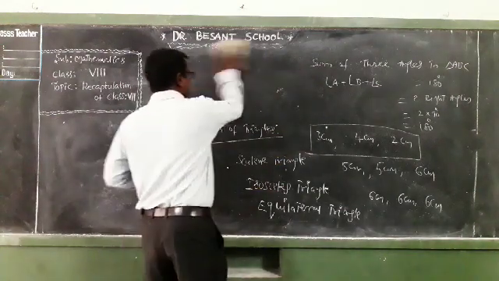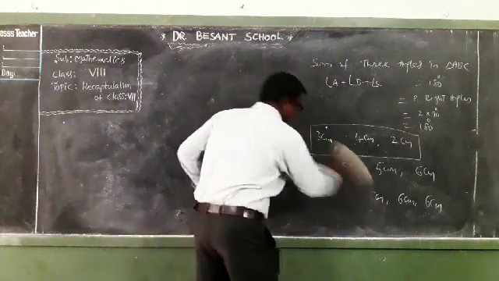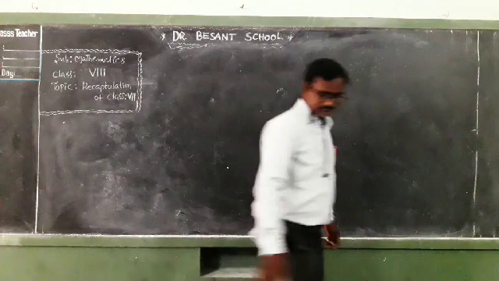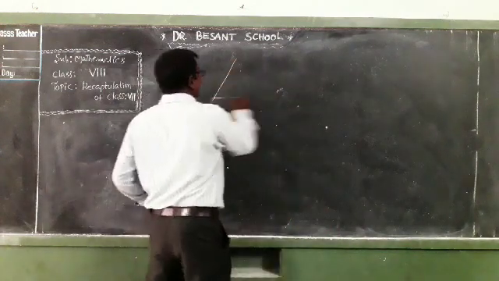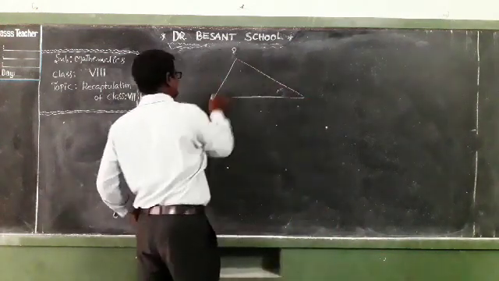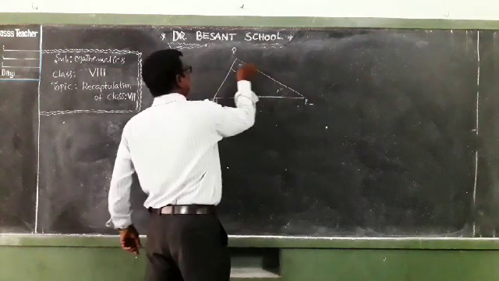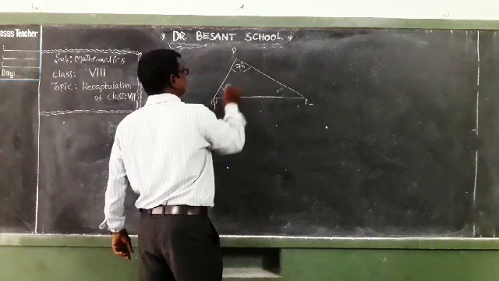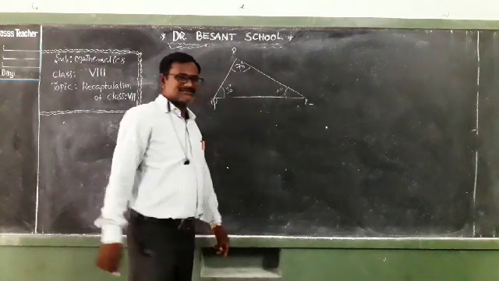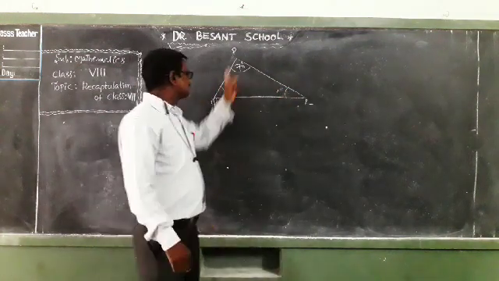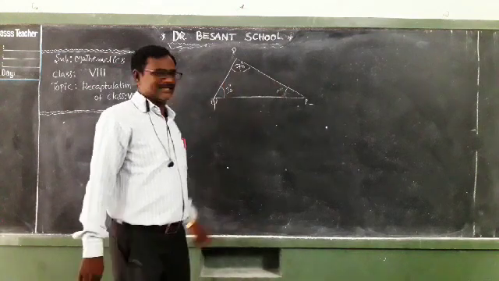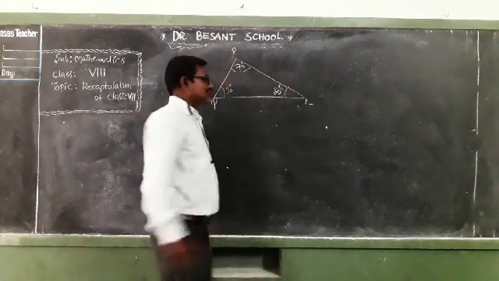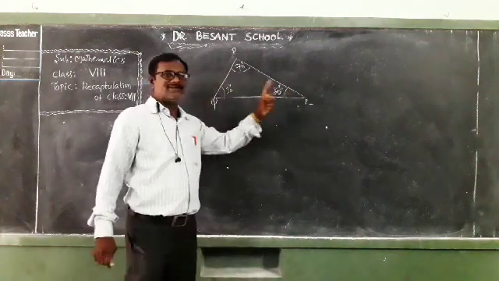Next, some other types of triangles are there according to angles. Observe. Say this is triangle PQR, angle P is equal to 70 degrees, for example, and angle Q is equal to 30 degrees, for example. What must the third angle be? Because the sum of the three angles in a triangle is how many degrees? 180. So 70 plus 30 becomes 100, and it becomes 80. So 70 plus 30, 100, plus 80, 180 degrees.